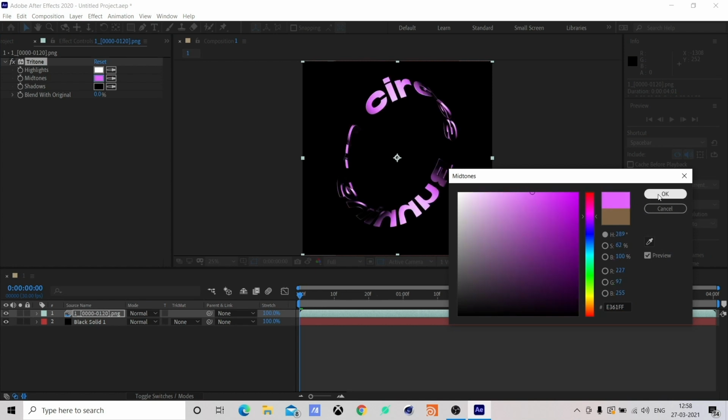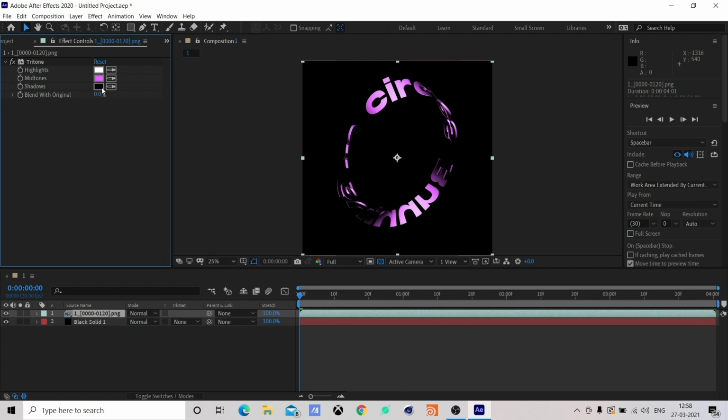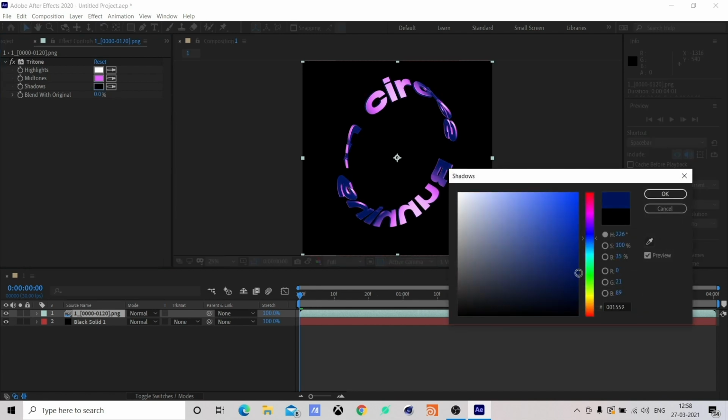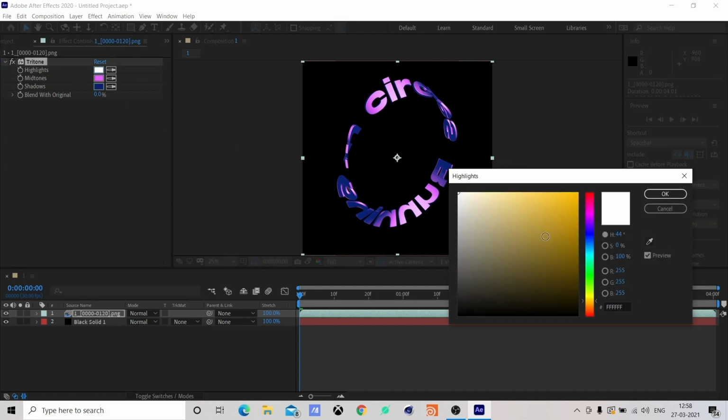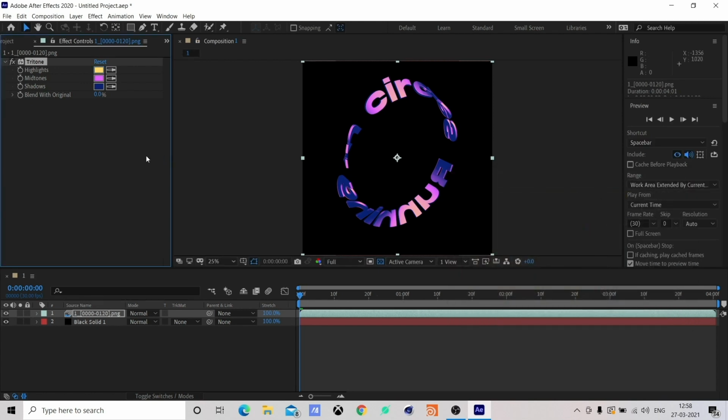So change the midtones to something like a pink, the shadows to this, and I think I'll have a yellow highlight. So I'm trying to recreate the animation that I had made earlier, and that was again rendered using Octane, and we are just trying to create the same look using the standard renderer.